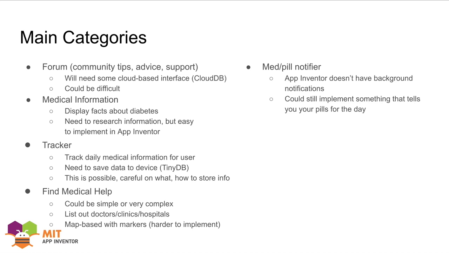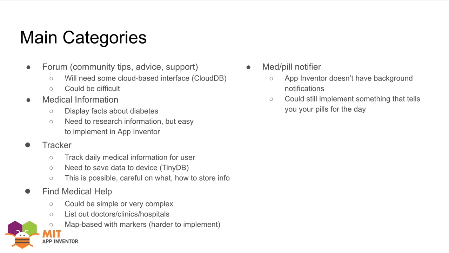So in this case, we could start off with a really simple solution, just a list of doctors and hospitals in the area. If we wanted to get a little fancier, we could add a map and the user could search based on location. So we could start off with a simple solution and move on to a harder or